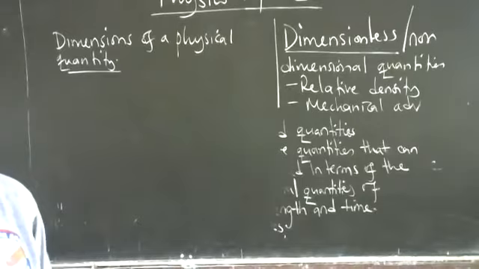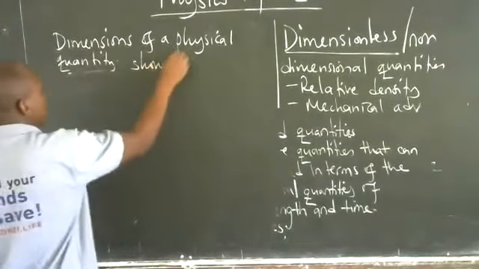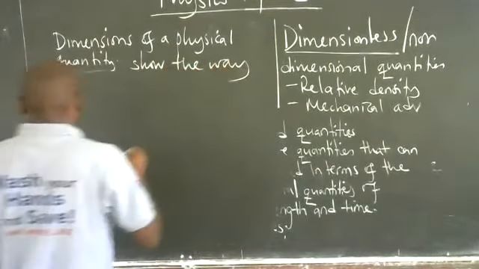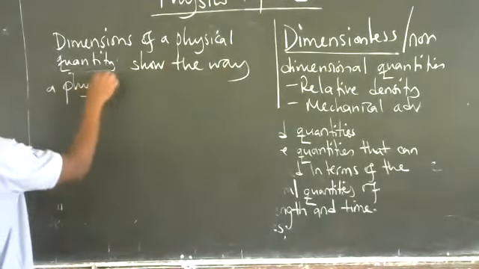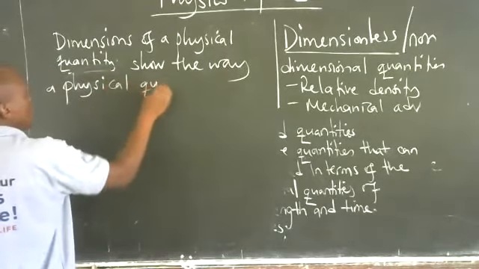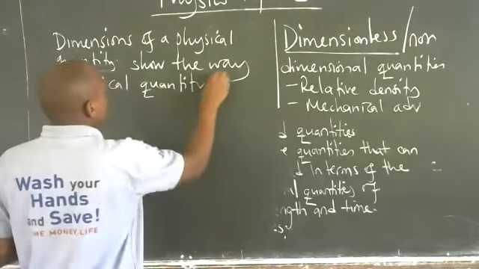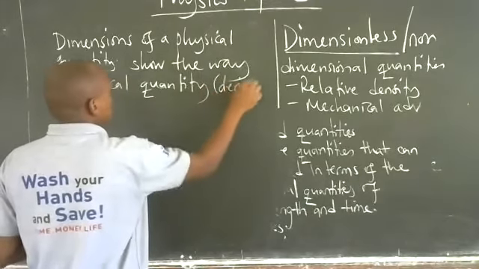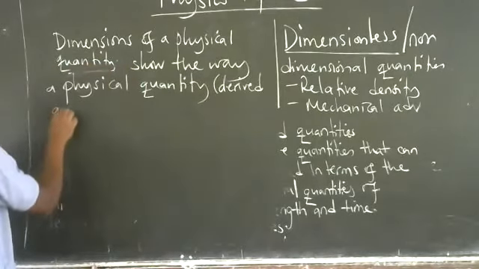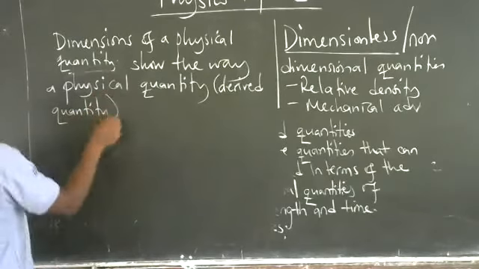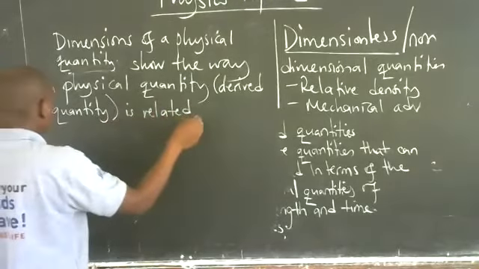Dimensions of a physical quantity show the way a physical quantity is derived. This is a definition that you need to understand because we're going to use it. The way a physical quantity is related